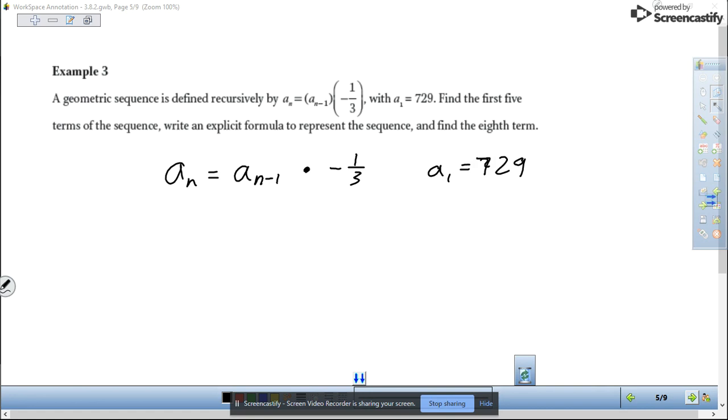Okay, so first 5 terms. Basically, if I want A2, because I know A1, then I need to do A1, the previous term, times negative 1/3. So if we do 729 times negative 1/3